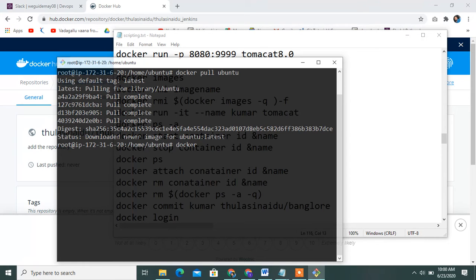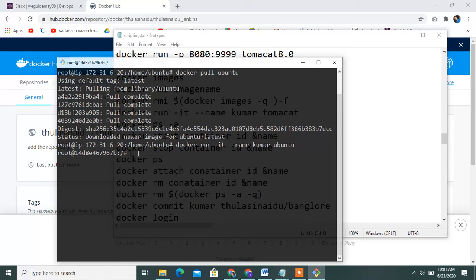Docker run -it. The -i means attach mode; for detach mode you can use -d. Okay, docker run -it --name, container name is Kumar, and image name ubuntu. See this.